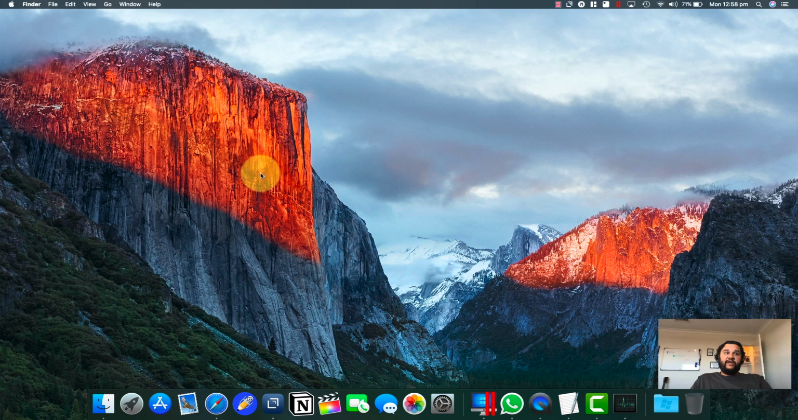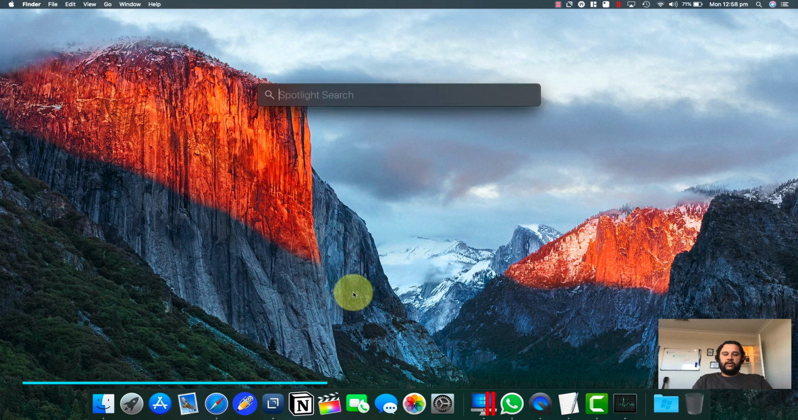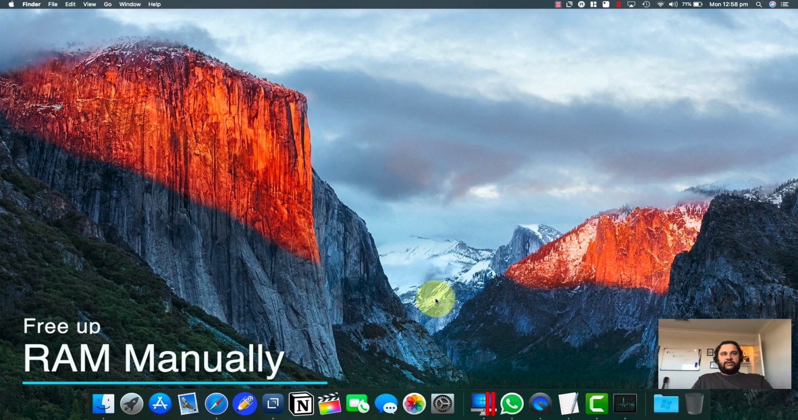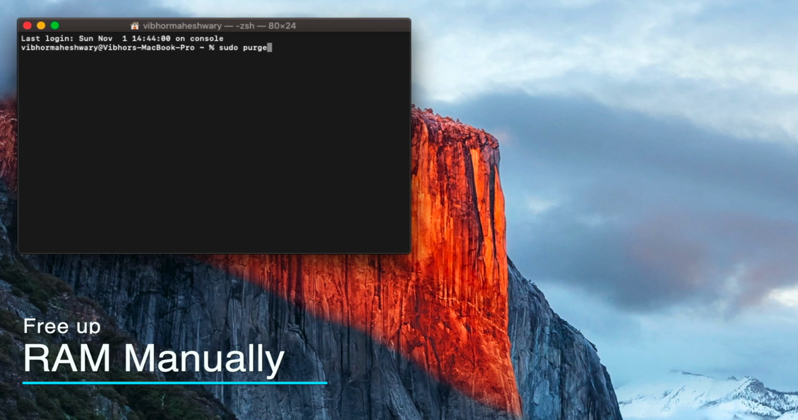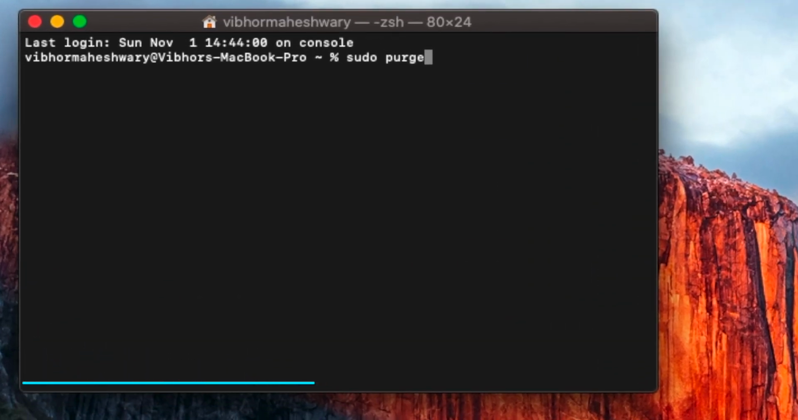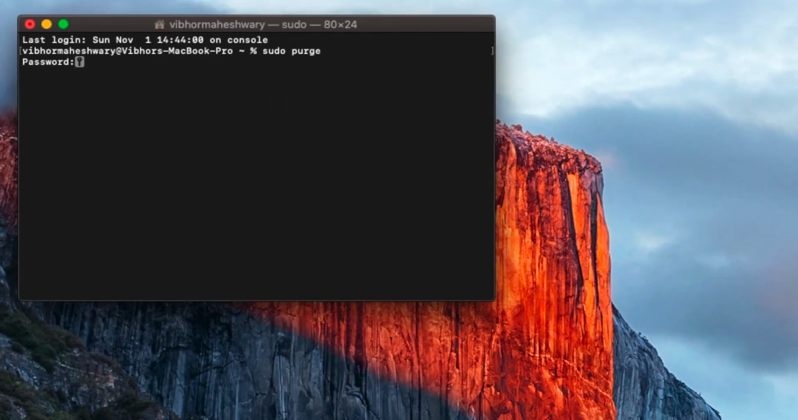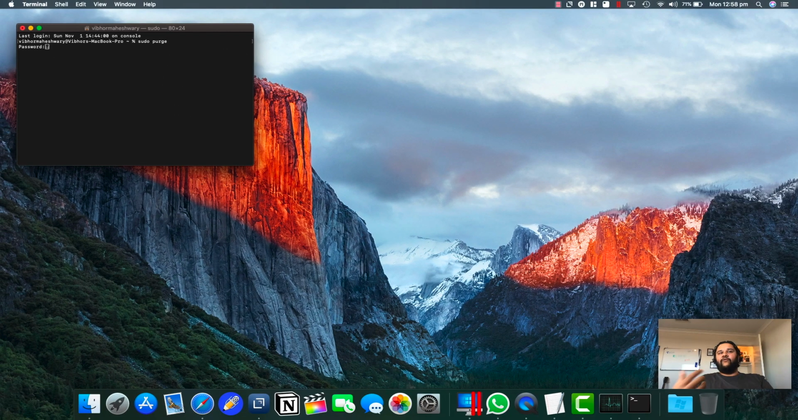Next, you can free up your RAM. To do that, you can go to the Terminal. How I start the Terminal is I just go to Spotlight and write Terminal. Once you go to Terminal, you can use the command sudo purge. What that's going to do is clean up your entire RAM and refresh it. So immediately you'll find that boost of speed in your operating system. And if there are any applications which are using a huge amount of RAM, the RAM is going to be just